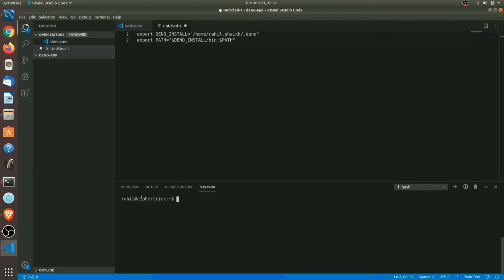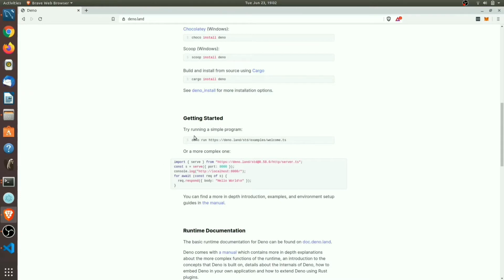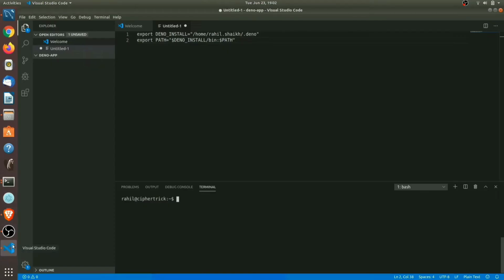Alright, so now that we are done with that, let's see if Deno is correctly installed onto our system. Again, let me hop over to the official Deno website and pick up this sample app. Paste it here. It says welcome to Deno. That means we have successfully installed Deno onto our system. One thing you might have noticed, which you may find weird if you are a Node.js developer, is that